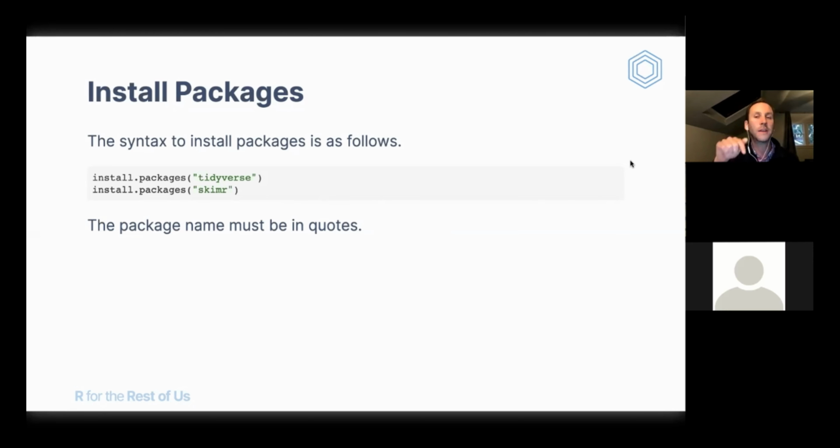I saw one question about GitHub. You don't need to know anything at this point about GitHub. That's where we hosted the code and where you accessed it, but no, you don't need to know anything about that. So to install packages, you will use install.packages,